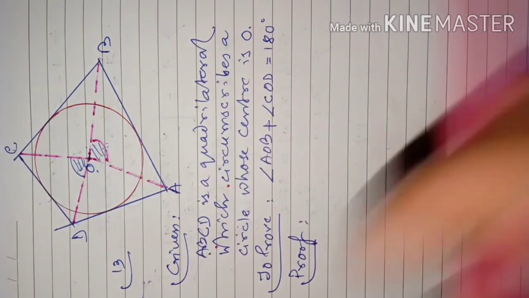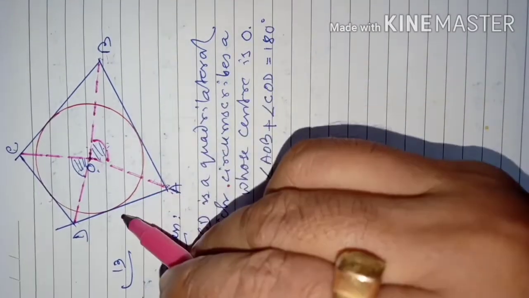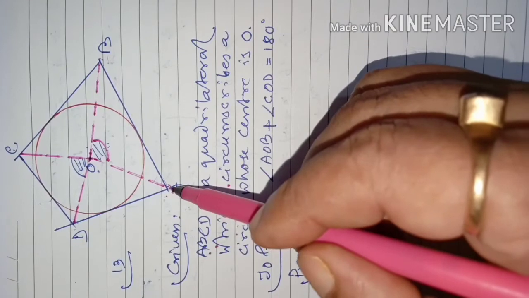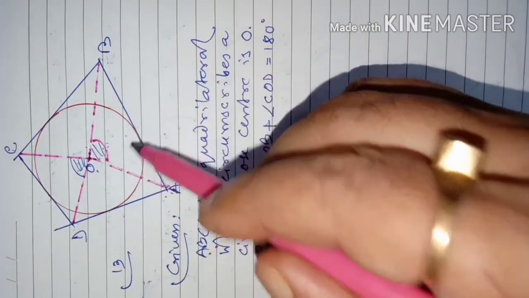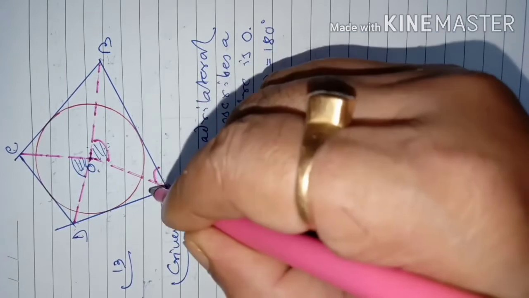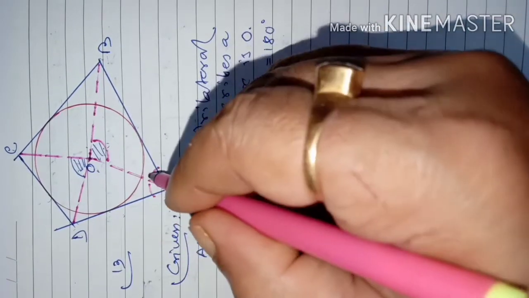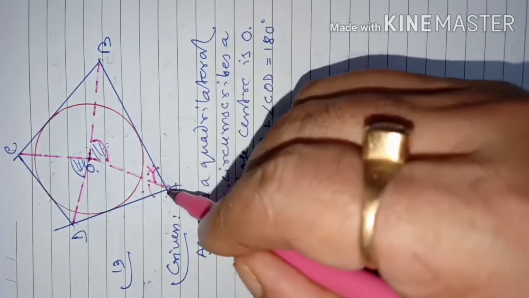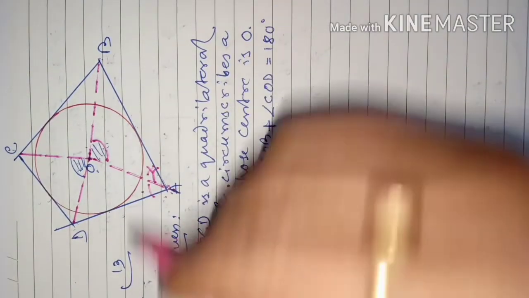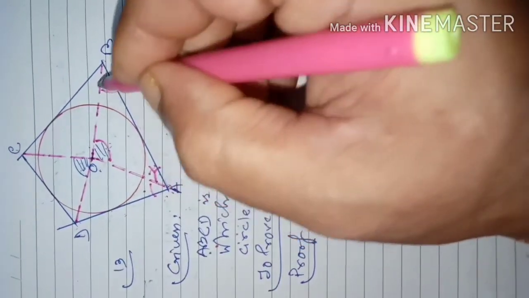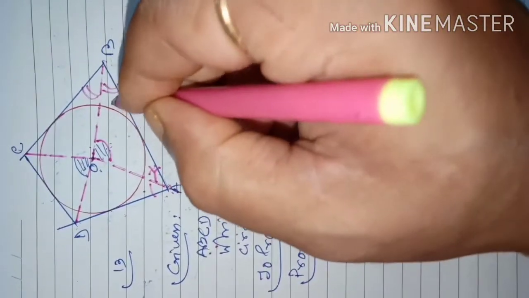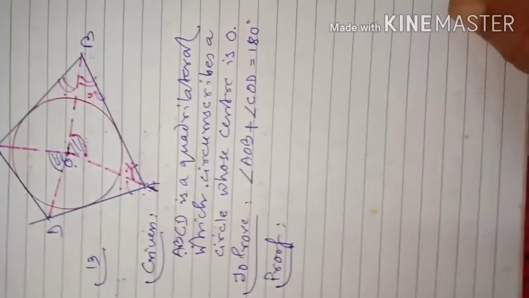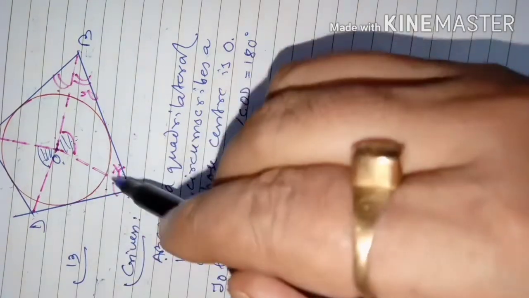As I told you before, these two are tangents now, no? AB is a tangent, AD also is a tangent because they are from an external point and they are touching the circle. So then this angle and this angle are equal. That means this angle X and this also will be X only. That is, X will be half of angle A. Like that here, these two angles are also equal. If we say this is Y, this is also Y. So from the figure we can say both these parts are equal.